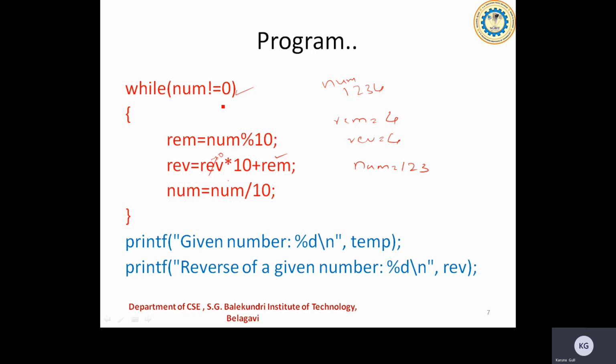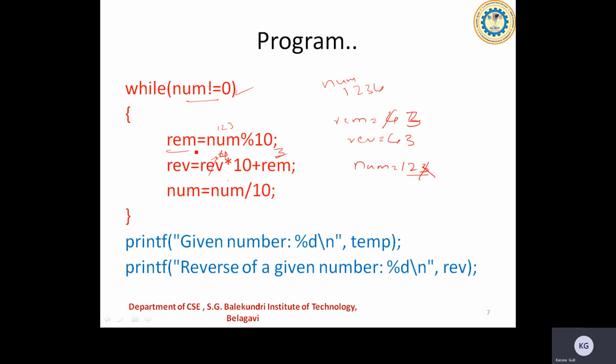So again, I'll come back here. I'll check whether the number is not equal to 0. It is not equal to 0. That's why I recalculate this remainder. What is the new value of remainder? This is nothing but 1, 2, 3 mod 10. I'll be getting this as 3 now. Okay, so next, reverse is already 4 here. 4 into 10, plus the remainder, which is 3 here. So new value of reverse is nothing but 43 I'm going to get here. Next, num is equal to num by 10. So this part is eliminated. I get only 12 here.